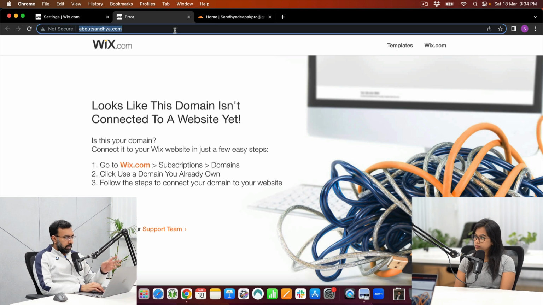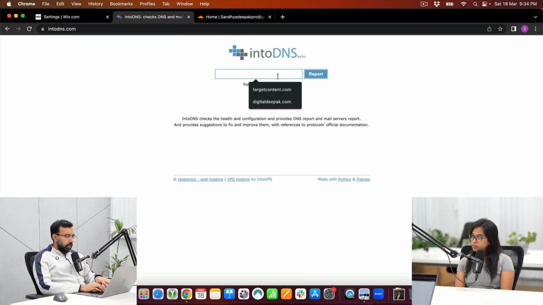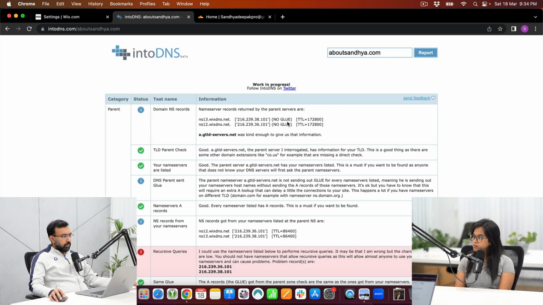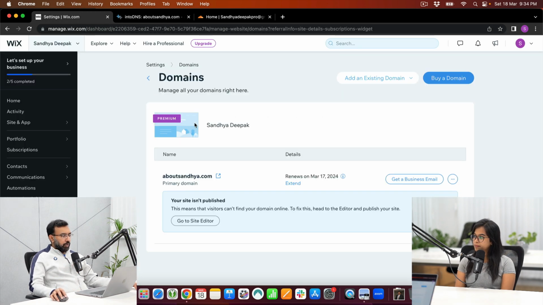Right now, nothing is there, but it's still opening up Wix. If I go to intodns.com and check out aboutsandhya.com, you can see ns13.wixdns.net, ns12.wixdns.net. This is something that we did not put. It came by default. They configured it automatically. A lot of sites make it difficult for you to move the domain name away from that particular site.